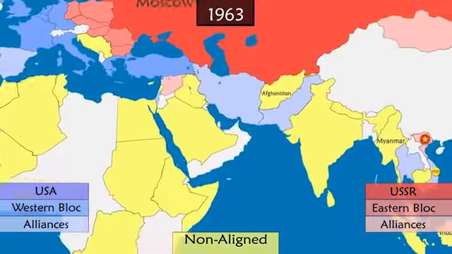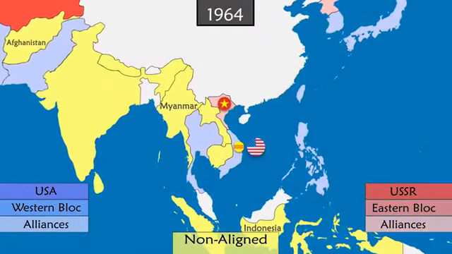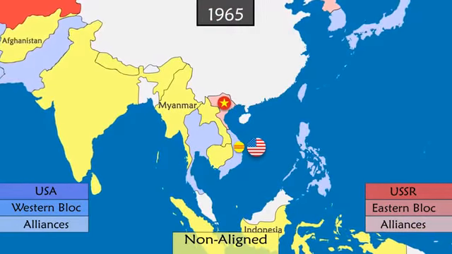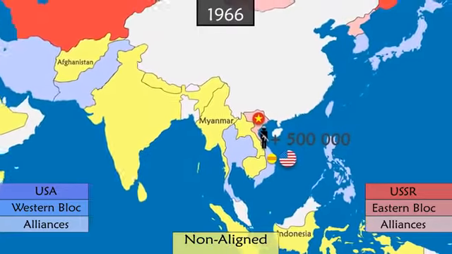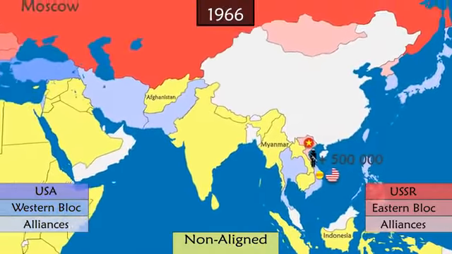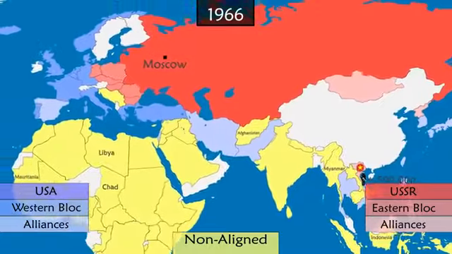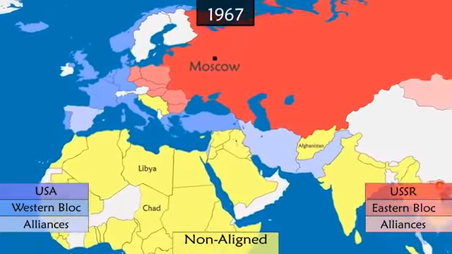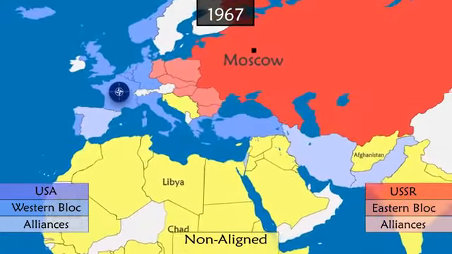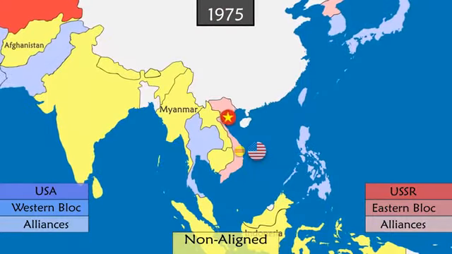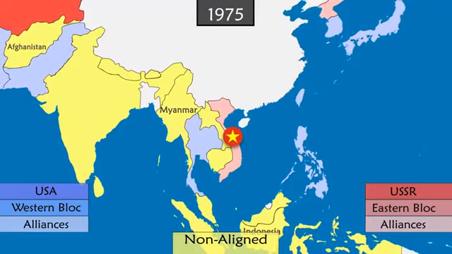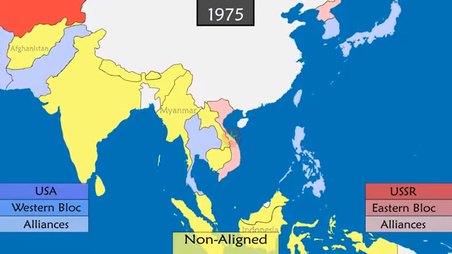In Vietnam, the United States, fearing a communist takeover of the South, organizes a military invasion with more than 500,000 soldiers. This decision antagonizes France, which prefers to find a peaceful solution. France decides to distance itself from the increasingly assertive United States and leaves NATO. In 1975, communists win the war, inflicting a heavy defeat for the United States, whose image is tarnished globally.